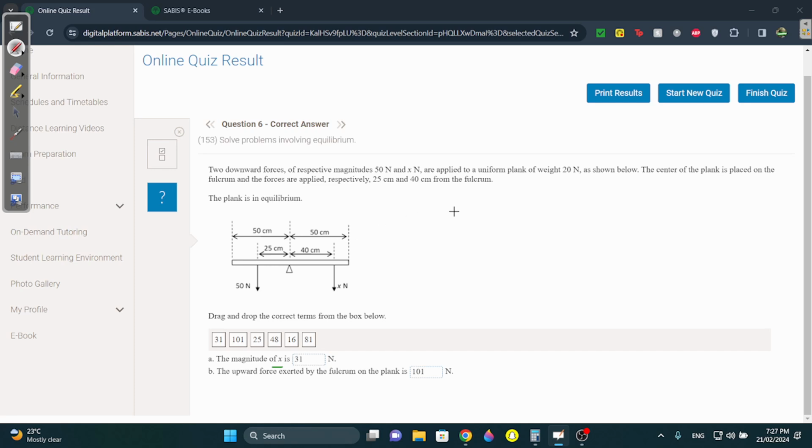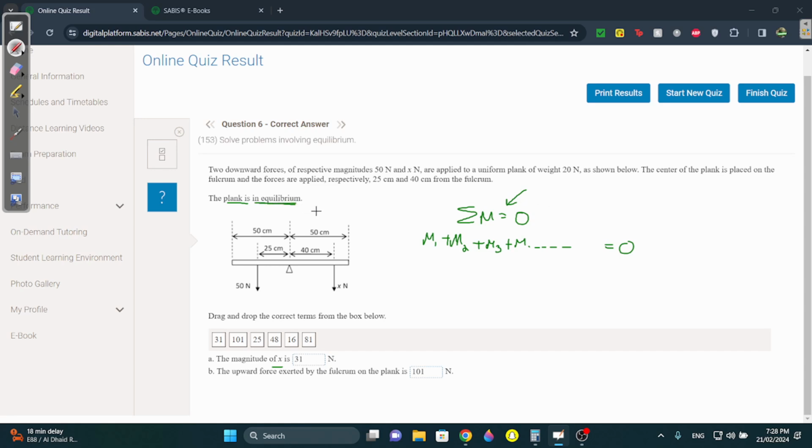You want to look here. They said that the plank is in equilibrium, so that means the sigma M should be equal to 0. This is how my teacher taught me to solve. Sigma M is equal to 0. What does this mean? That moment 1 plus moment 2 plus moment 3 and so on is going to be 0. In this case, to find the magnitude of x, know that sigma M is 0